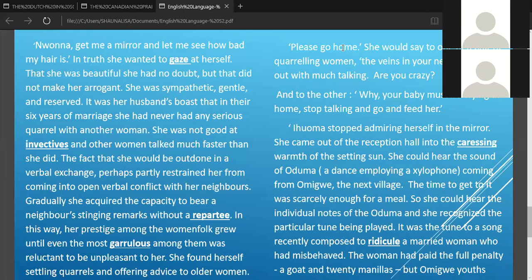She could hear the individual notes of the Oduma and recognize the particular tune being played. It was the tune of a song comprised of beautiful American